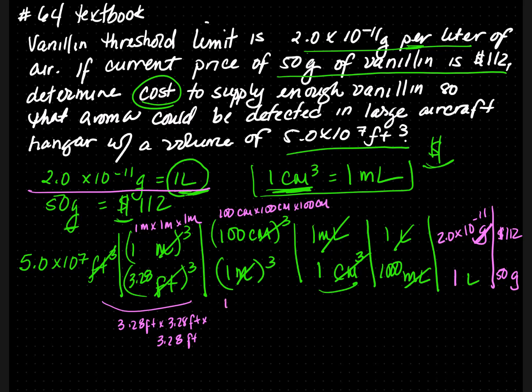On the bottom, it's 1 meter times 1 meter times 1 meter. Because the cube is on the outside of the parentheses, you must cube the unit as well as the number. Here, the unit is already cubed, so we do not cube the number. And then you multiply and then divide and get